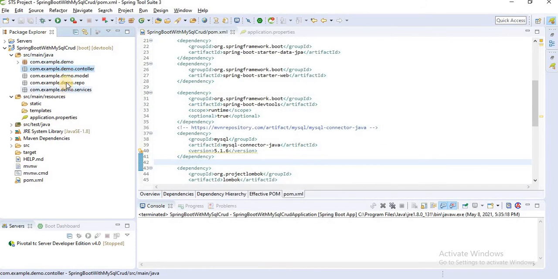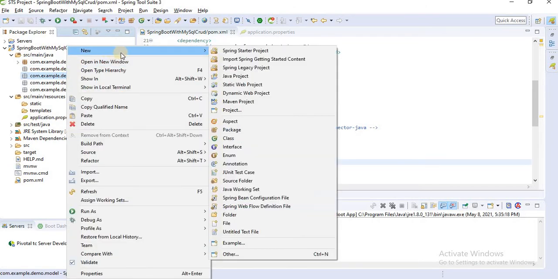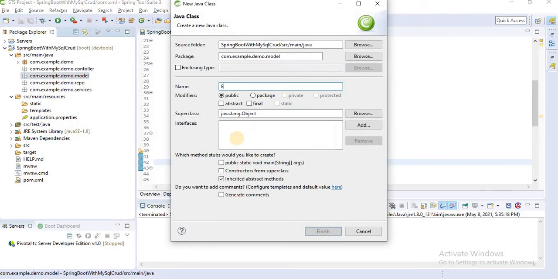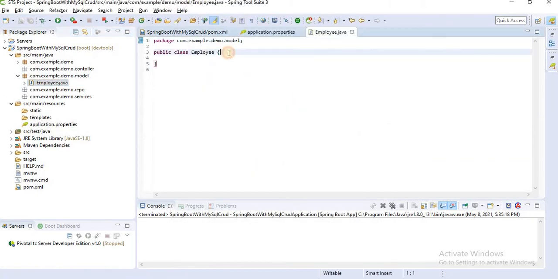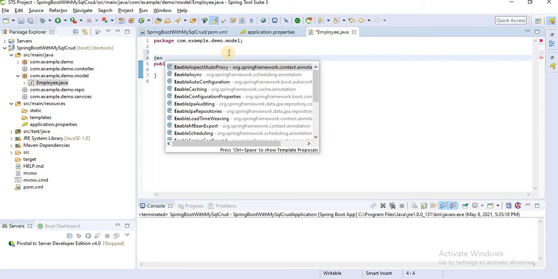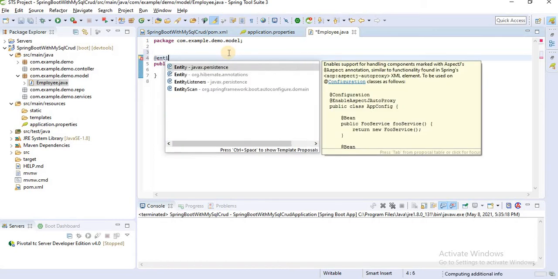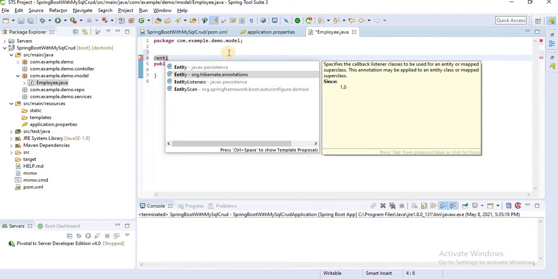Okay, we have to create one model class. That model class is responsible to create a table. Okay, let's create a class Employee. Here in this class we define @Entity, from javax.persistence.